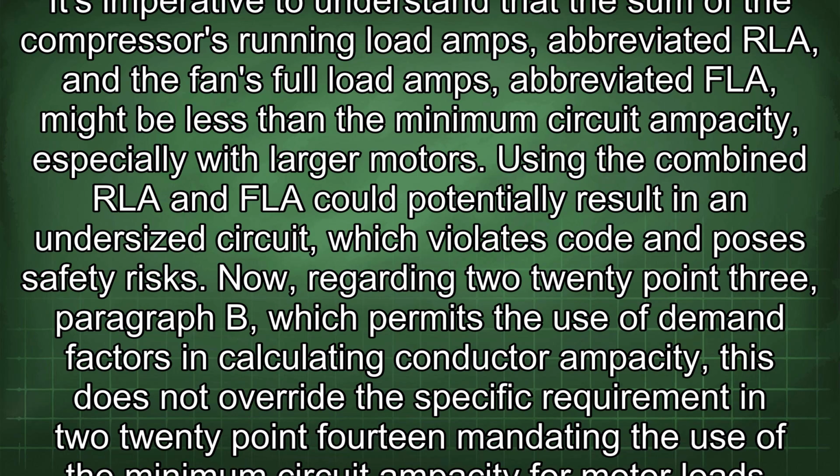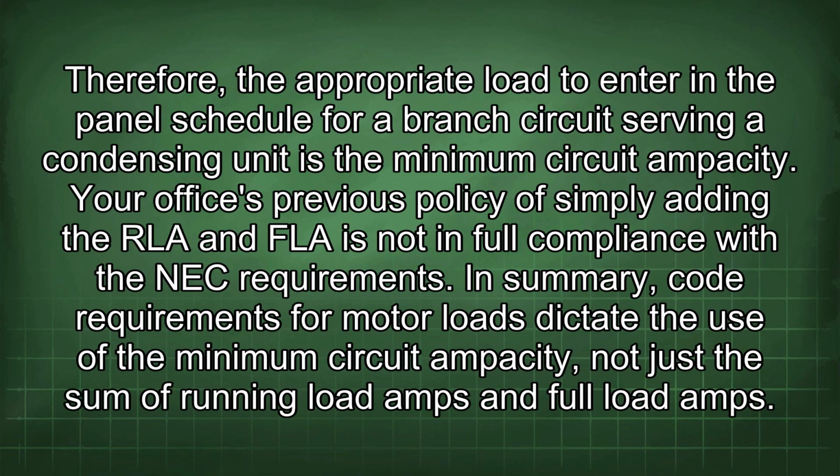Now, regarding 220.3, paragraph B, which permits the use of demand factors in calculating conductor ampacity, this does not override the specific requirement in 220.14 mandating the use of the minimum circuit ampacity for motor loads. Therefore, the appropriate load to enter in the panel schedule for a branch circuit serving a condensing unit is the minimum circuit ampacity. Your office's previous policy of simply adding the RLA and FLA is not in full compliance with